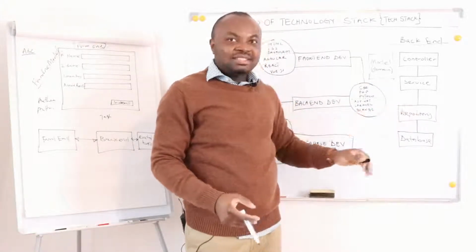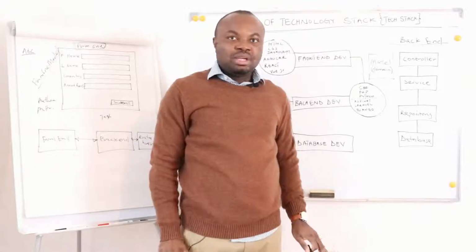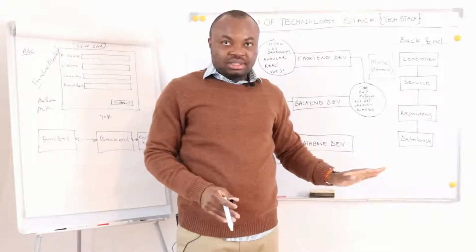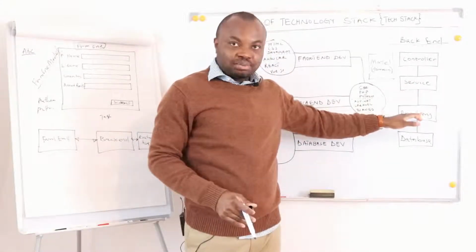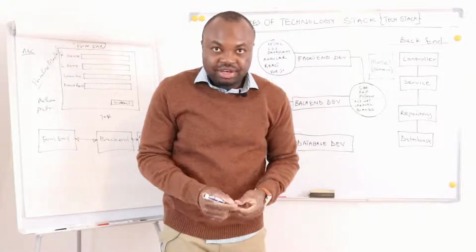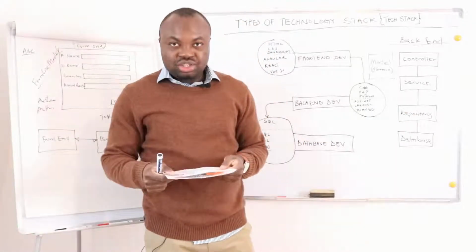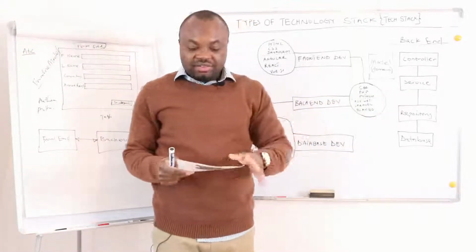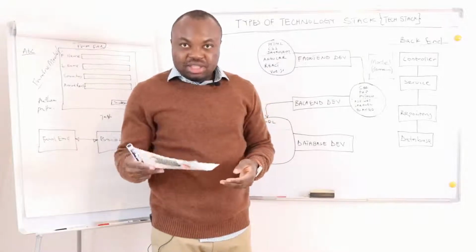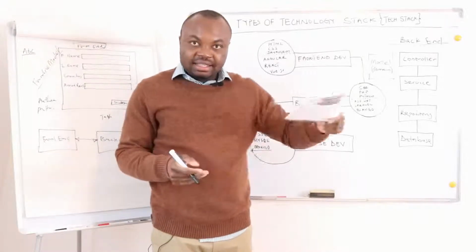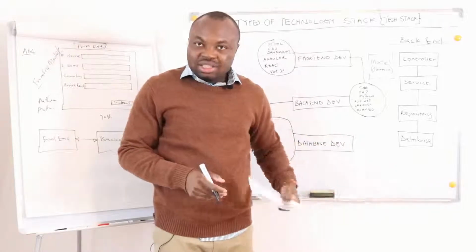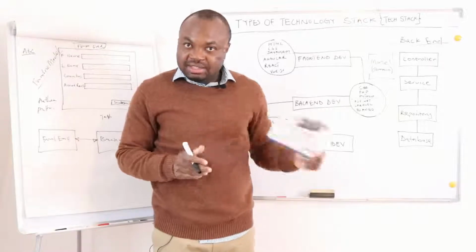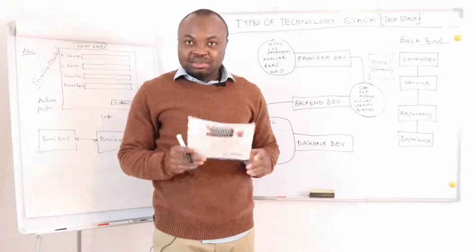The repository has the responsibility to now talk to the database. So our service does not talk directly to the database. Our service talks with the repository. Let's use our form illustration. Once the service part of the backend finishes everything, it will now take that form and give it to the repository. The repository does not really do any work. All the work that the repository does is to take the form and save it to the database. That is what the repository does.